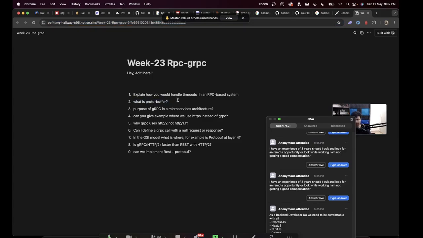What is protocol buffer? Well, you should go back to slide number 1. Protobufs or protocol buffers are a protocol that lets you compress data a lot. Basically, to transfer